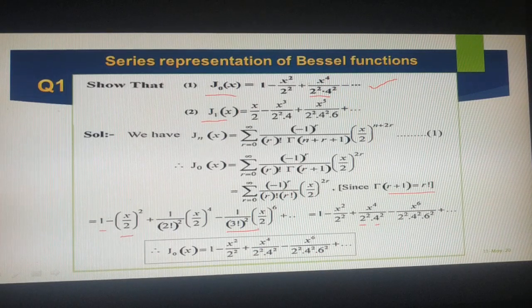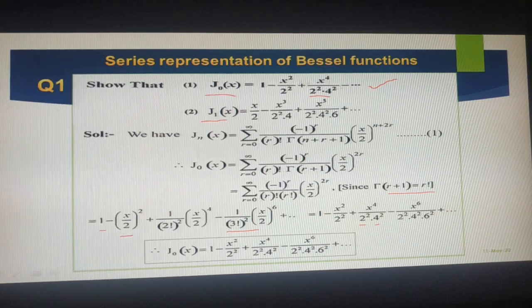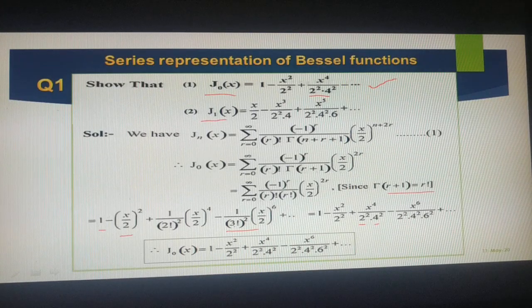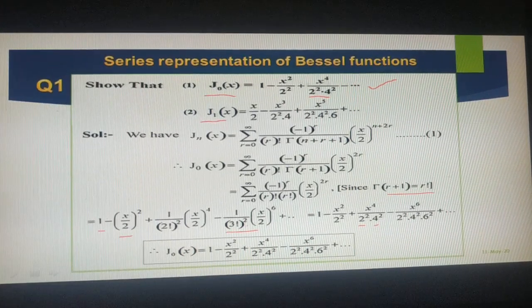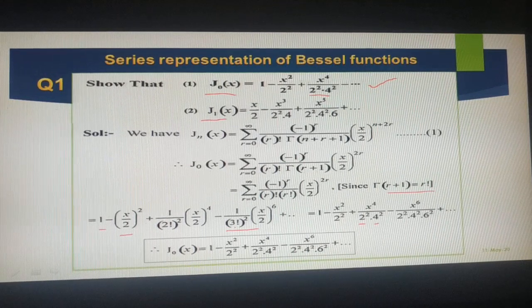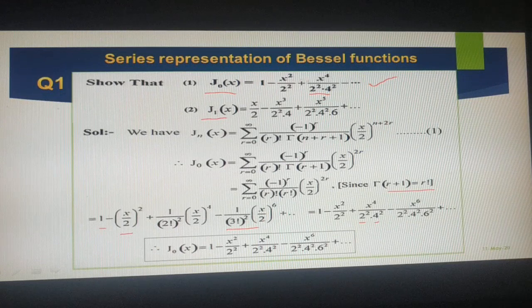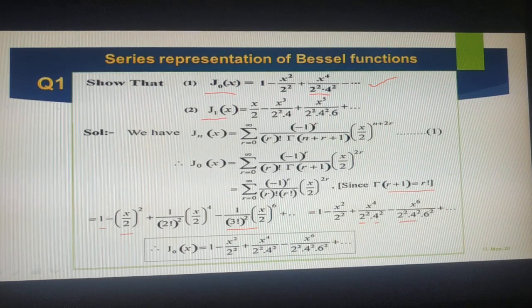If I take the third one, as usual, if you see this second term, there is some pattern here, x to the power of 4 by 2 square, 4 square is there. So you can expect how the third term will become. Here 3 factorial whole square, so that value is 6 square, right? 3 factorial means 6 square. This x to the power of 6 by 2 to the power of 6, we can write as 2 square into 4 square. Okay, so now you got that particular result.